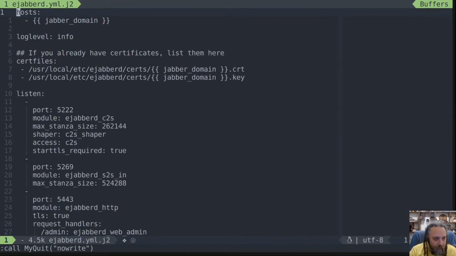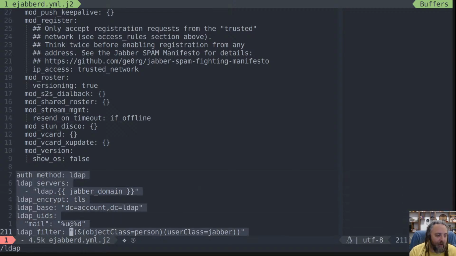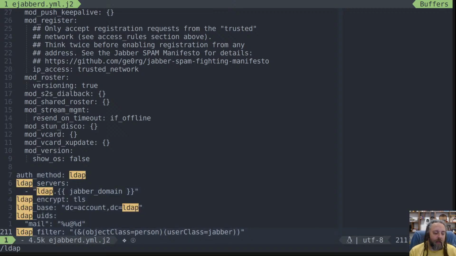And okay, this is what I want. LDAP, and this is the part with the LDAP in Jabber. All right. Oh yeah, one. You have to recompile Postfix and Dovecot with LDAP support,